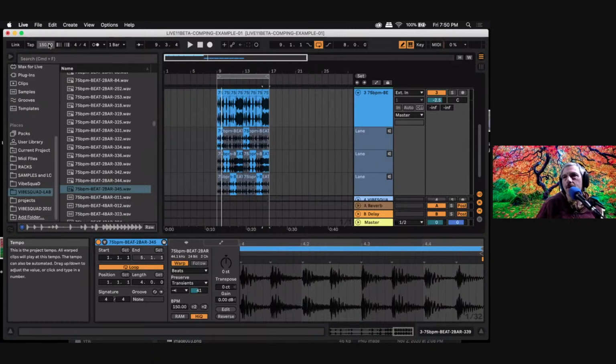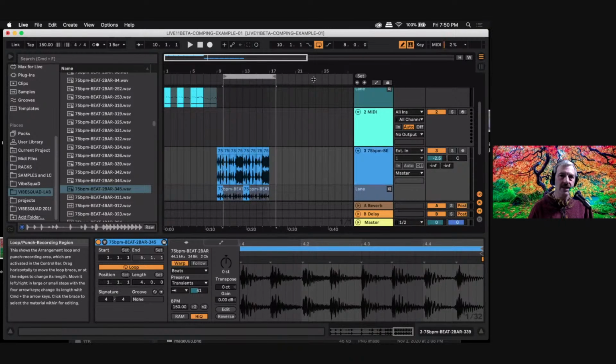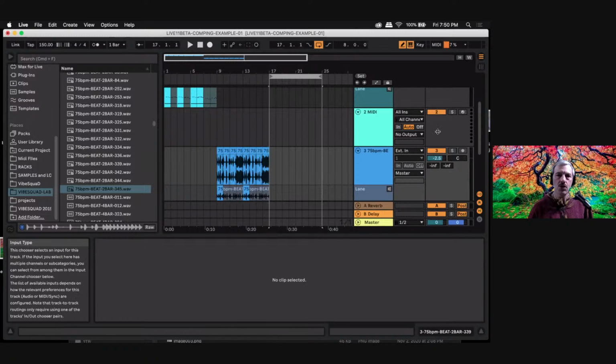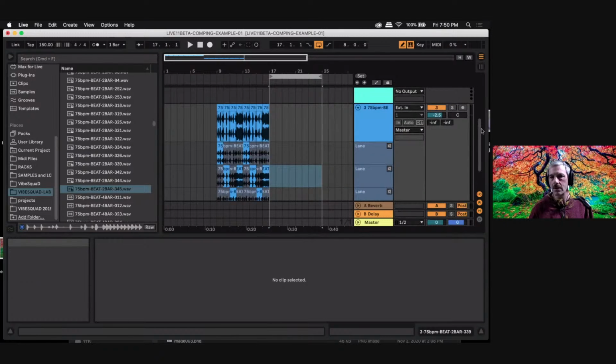I see a question coming through. Is there a way that comping works automatically as you're recording a track, where it creates new lanes automatically? Yes. So if I record audio in on a channel and I've got the loop brace set up, as it loops around, it creates the lanes. Let's see here if I can,